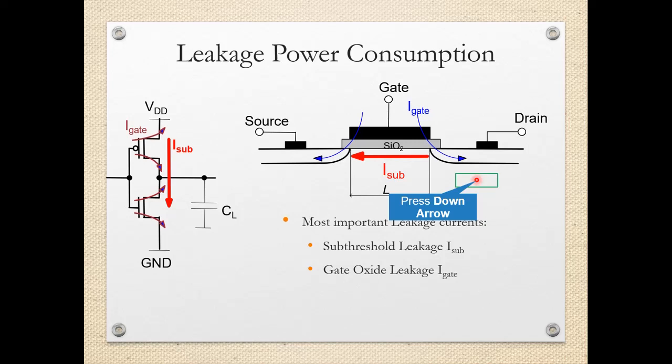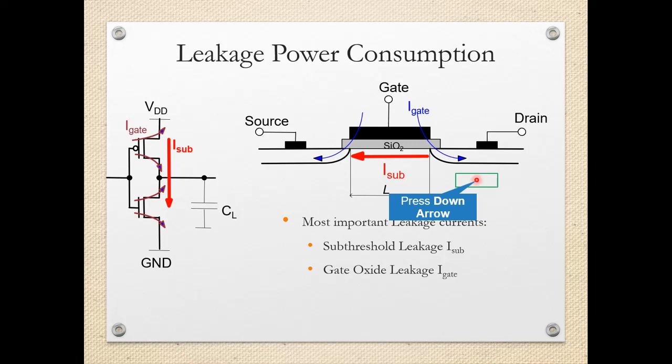So that is the leakage power consumption. How does it take place? This is a cross-sectional view of the MOSFET, in which we can see there are three different terminals. This is the substrate, and on this substrate the diffusions are made either P plus or N plus, depending upon whether it is an NMOSFET or a PMOSFET. And we can see the three terminals: source, gate and drain.